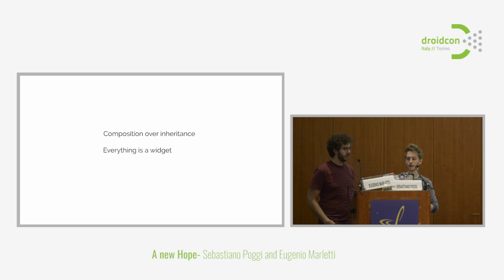Everything is a widget. And as we said before, these two parts of creating something and binding the data to it, they don't exist anymore. There's only one phase, which is declaration. So the way it works is that you have this function, which is your build function. And what you return from the build function is a tree of immutable objects describing your UI. And you rebuild this tree every single time. Every time something changes, you're asked to rebuild the entire tree.